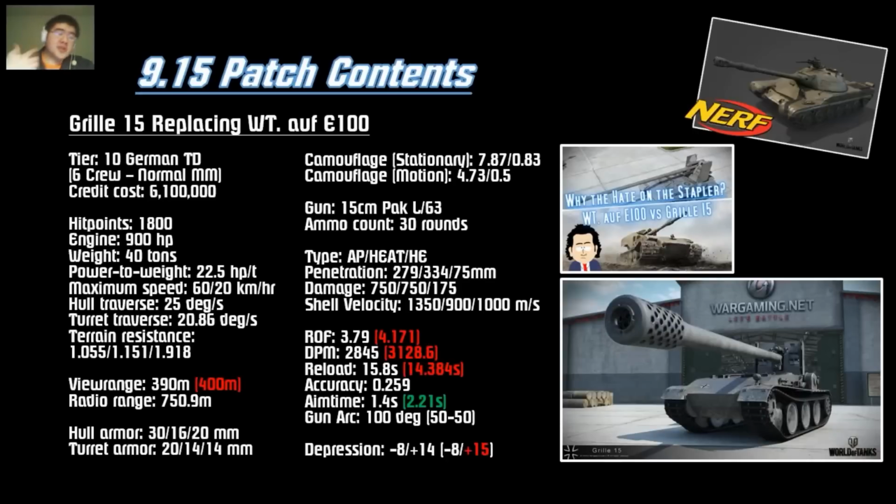And here are the Grille 15 stats, replacing the Waffenträger auf E100. So they changed the view range, reduced it by 10 meters. They changed the reload a little bit, so the DPM is not as good, but they buffed the aim time to 1.4 seconds. That's insane. This is a 150 millimeter L63. That's, wait, how much is that? Calculator. So that's,